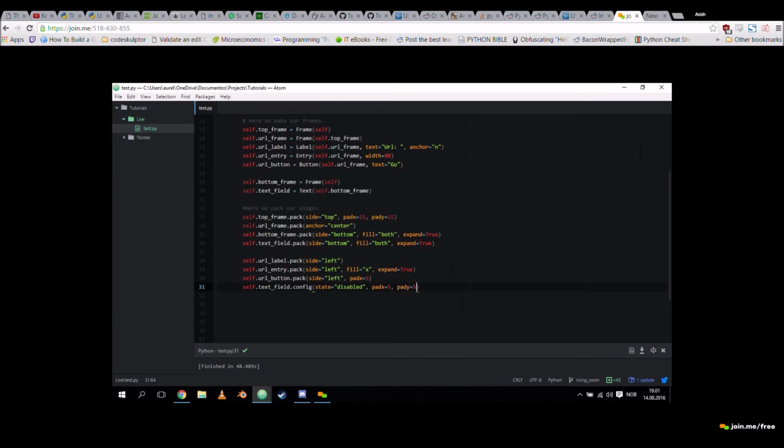Right. So, very simple. Every one of these widgets has a config option, with a bunch of options, and they're all displayed on the FBOT side. And for text fields, the thing you need to know is insert, which allows you to insert text, any string, and state, which will then disable it, and also get, which allows you to get text. And we'll look at that a little bit later. But for right now,